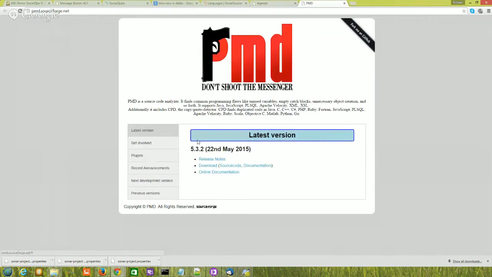The next one we're looking at is something called PMD, which is a combination of FindBugs, but what it has over FindBugs is something called CPD, or copy paste detection. So CPD, or copy paste detection, is a tool that analyzes your code and looks for code which is similar or the same across your project. With the aim being to prevent or detect where people have copied code from one piece of functionality and pasted into another piece of functionality,